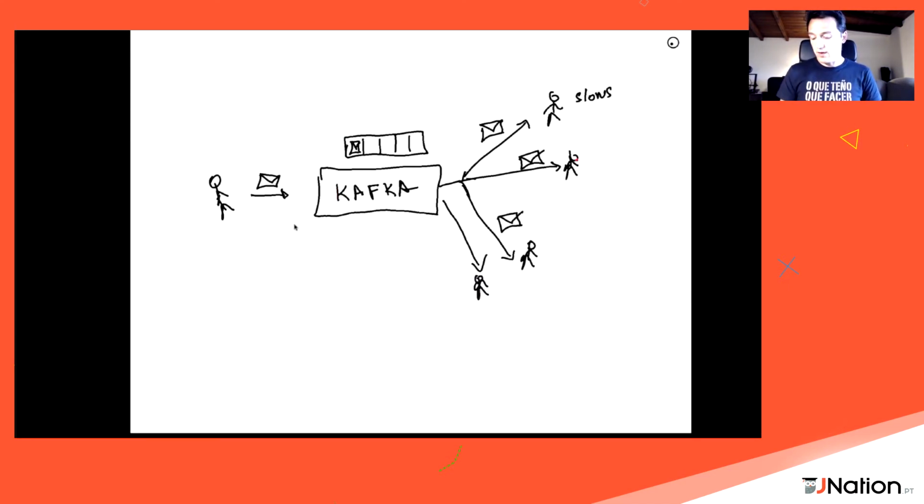If one of the existing consumers, for whatever reason, needs to reprocess the data, it can also do it. It can come to Kafka and say, hey, I processed that message, but my processing was wrong, I need to redo it, so please send me that message again, okay? So this is called the replayable log.